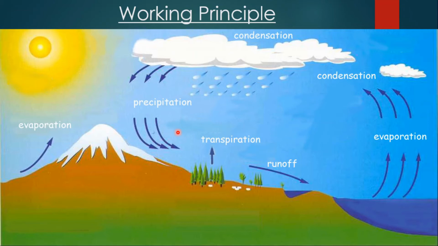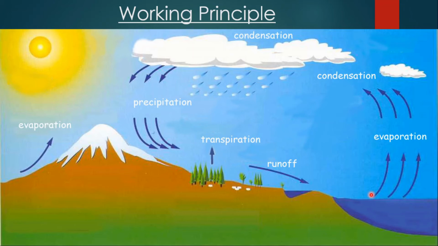Now we will be discussing the working principle of the freshwater generator, but before that we will just understand a simple thing from nature. Okay, as we know, how does the rain happen? In 4th and 5th standard we studied that from the sea water or river water or pond water, it gets evaporated, and once it reaches up it gets cold and condenses there, and after that precipitation, and it comes in the form of rain to us.